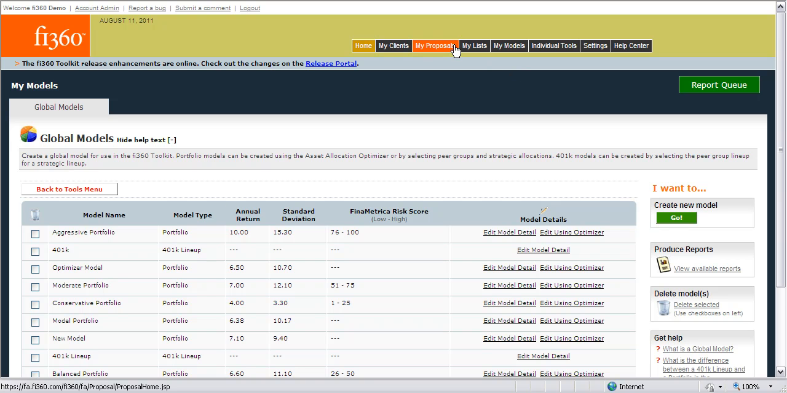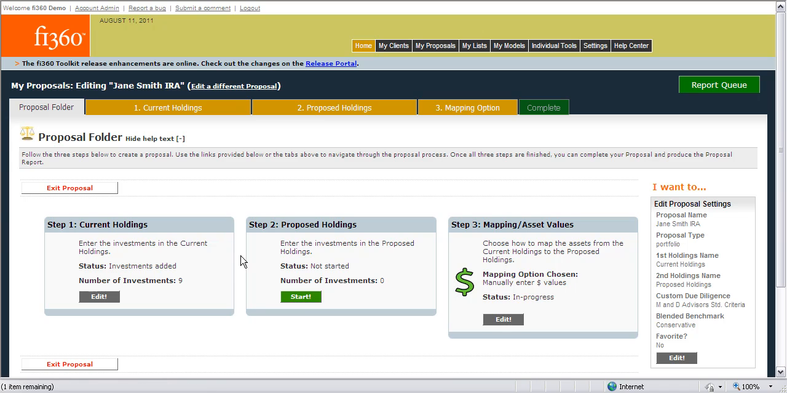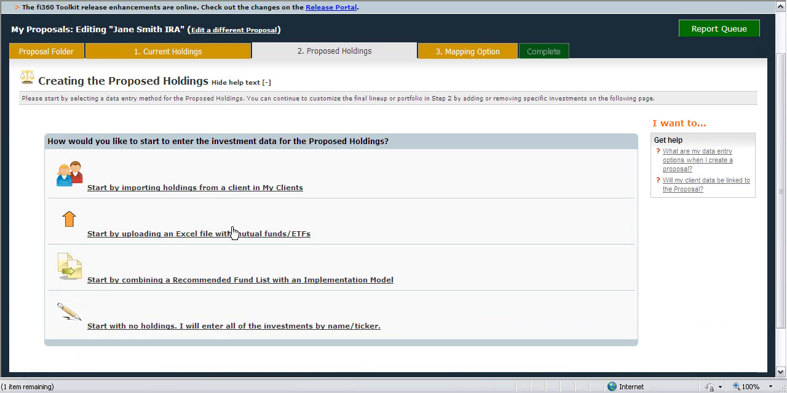To begin, we can go into the proposal generator under the My Proposals link, and I'll pull up an existing proposal that I'm working on. In our proposal generation process, we're building a current lineup and a proposed lineup for our client. This proposed lineup can be entered manually, but a great way to standardize your proposal generation process is to use